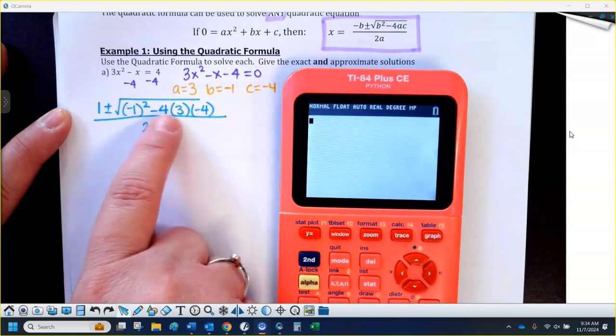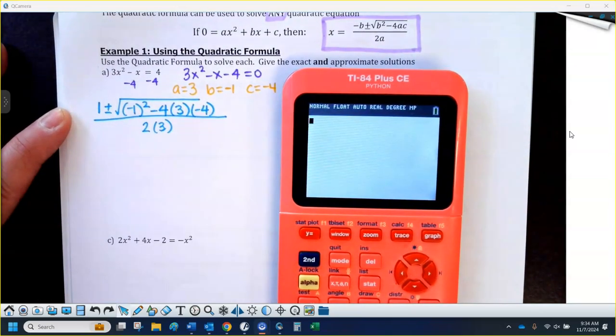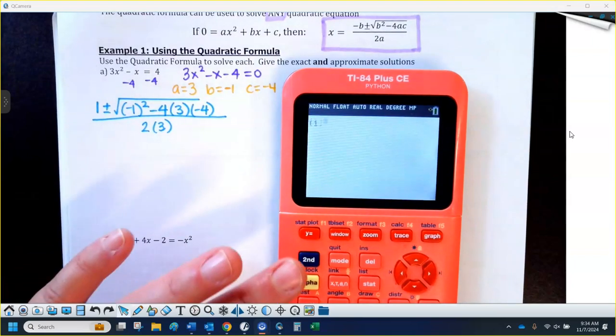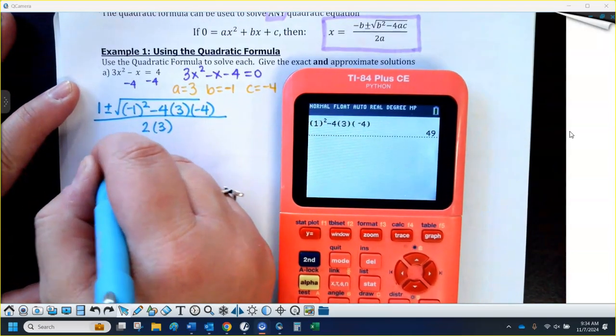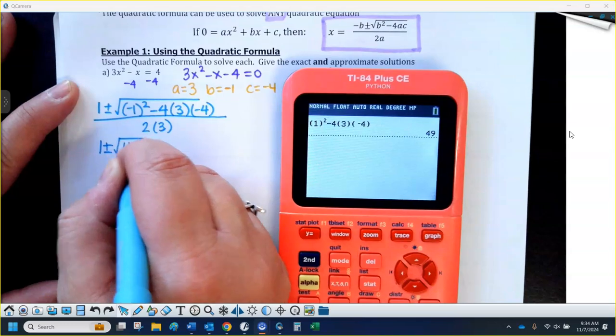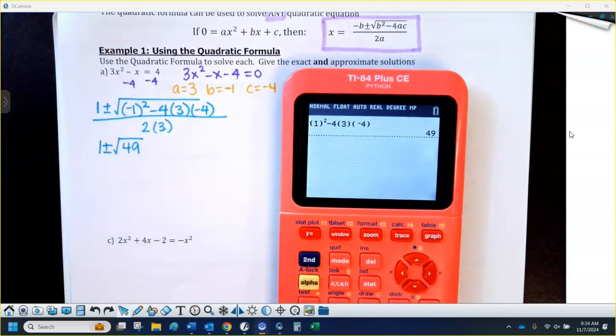I just, not the square root, but I type what's under the square root. So I'm going to take -1 squared. I'm just using my calculator to do this. 4 times 3 times -4. And that, I did not put the square root, I just simplified what was under the square root, so I usually do that. So I have 1 plus or minus square root of 49,